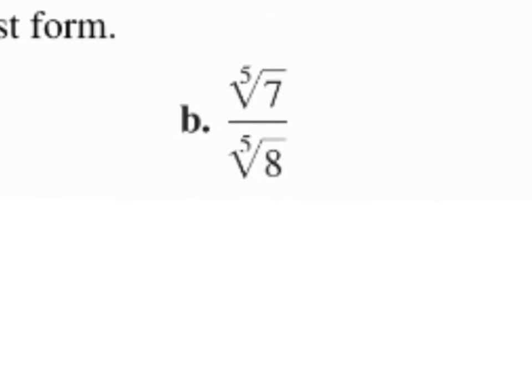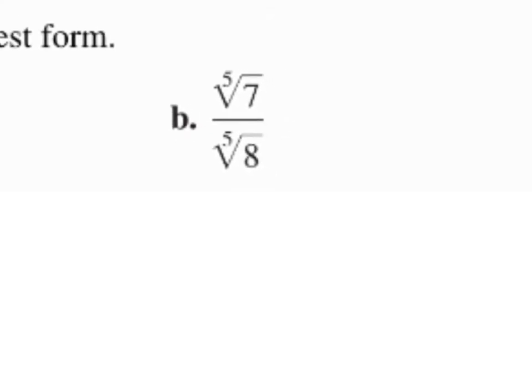All right, let's look at B. So we have a radical in the denominator. How do we get rid of it? Multiply the top and the bottom by the fifth root of 8? Yep. So we multiply the top and the bottom by the fifth root of 8. Whatever this is on the bottom, we multiply it by the same thing. Because the radicals end up,